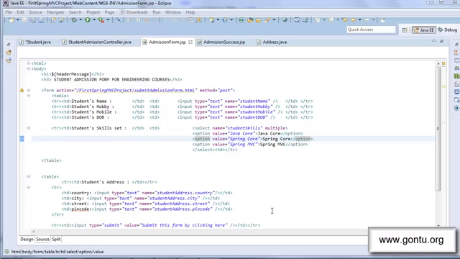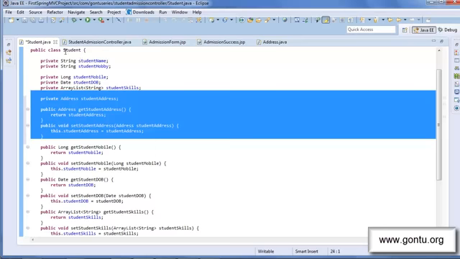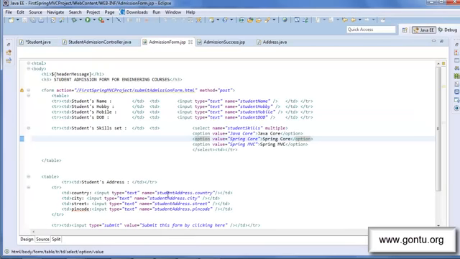Spring MVC says if you want me to automatically bind a particular form element's value with the corresponding property of student class having a user defined type, the way we have student address property over here having address as its type, then you mention the form element's name in the JSP file with this property name dot the corresponding property of its type. And that's why you are seeing here me writing student address.country, student address.city, student address.street and student